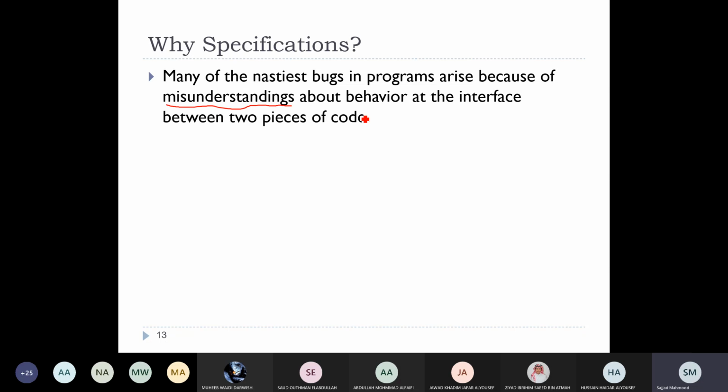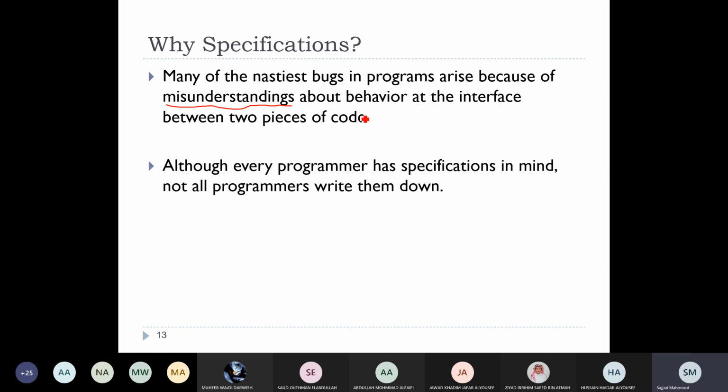And the reason for this potential misunderstanding is that most of the time, every developer, every programmer, for sure has some specification in his mind. He has a clear logic, he understands what input parameters I will pass on to this method, and what return value I will return back, and what kind of values I'm looking for this method to work, and so on and so forth. He has these things all the time in his mind, but if they are not written down,